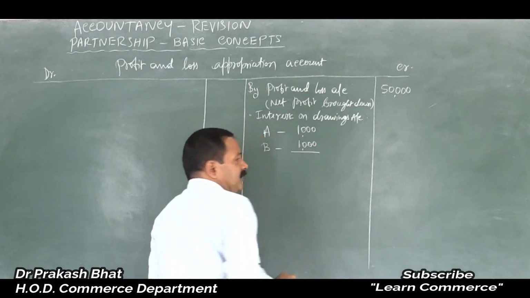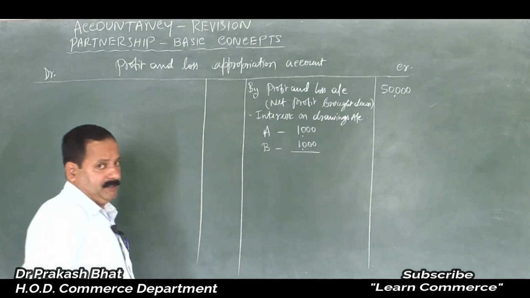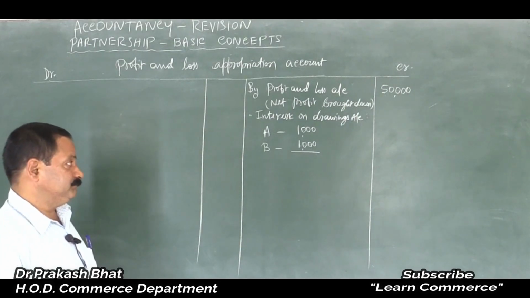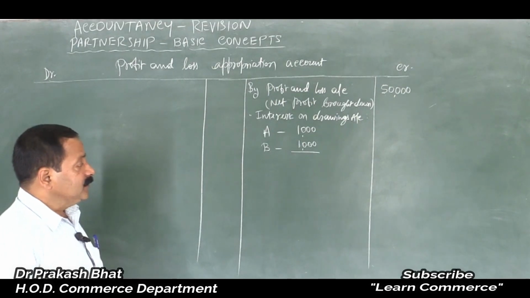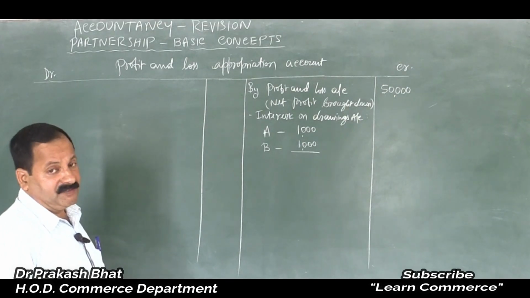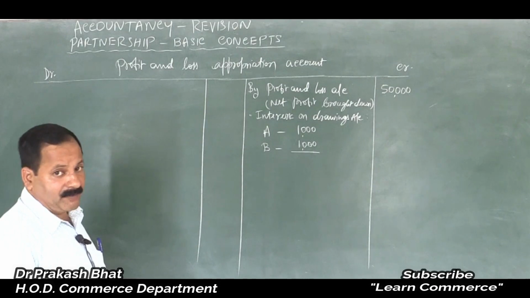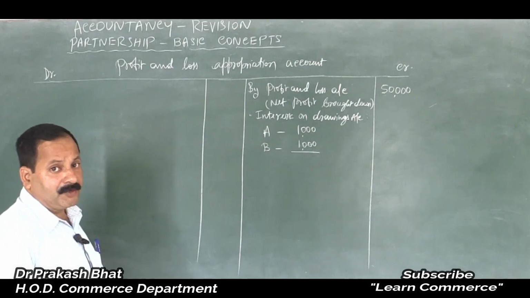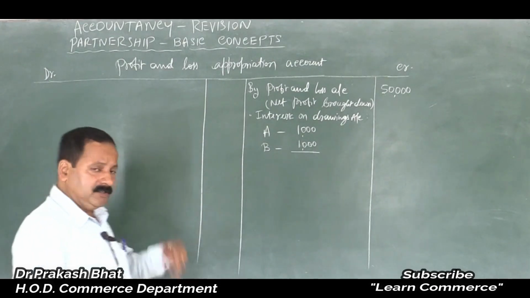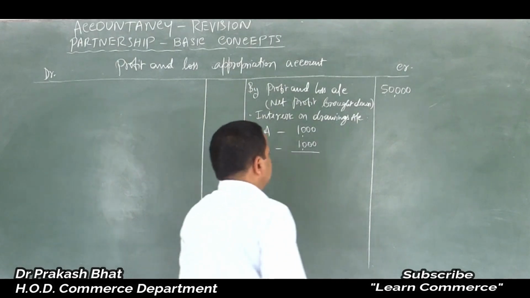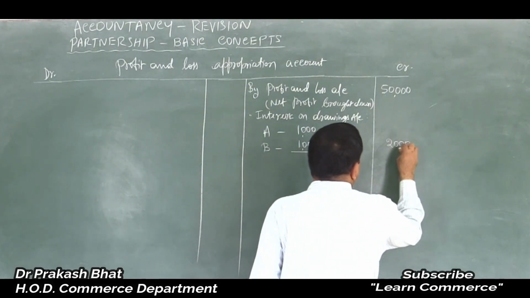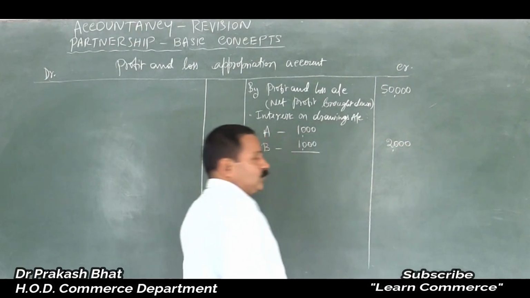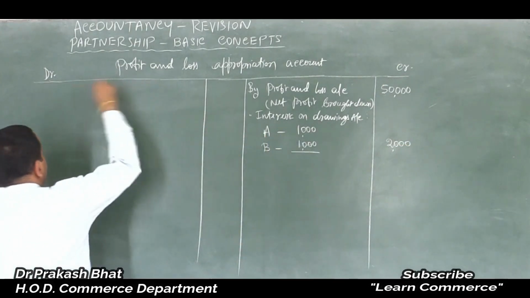I told you interest on drawings should be taken. That is, you have to enter the interest on drawings amount if it is given in the problem. Otherwise, you have to calculate and write. If the amount is given in the problem, then you have to enter the same amount, right? Then,